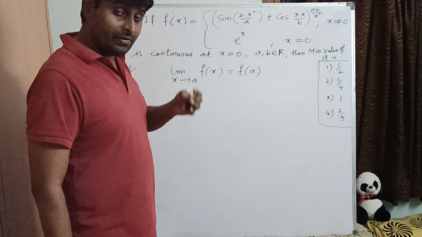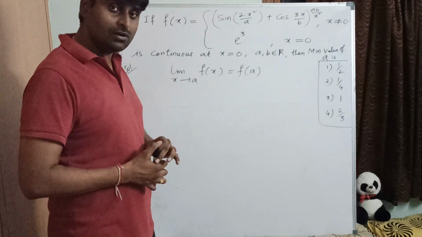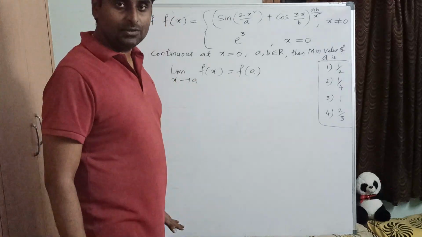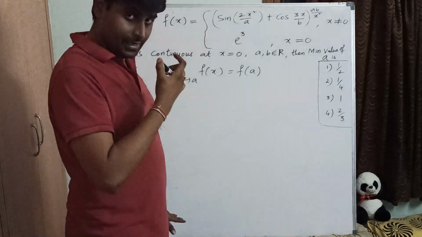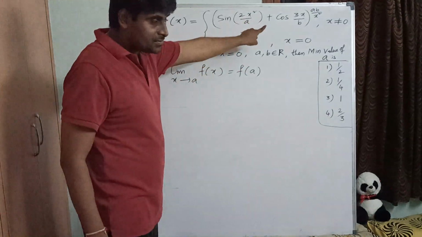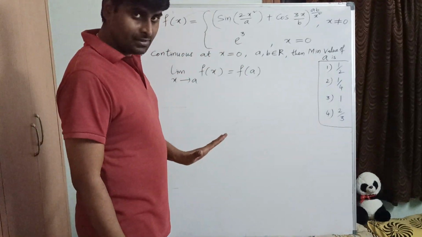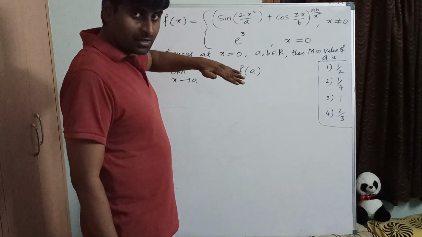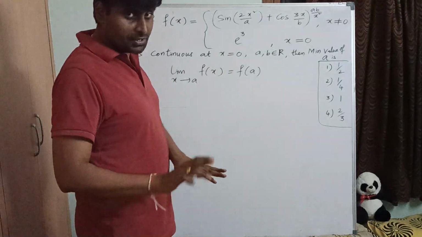Whenever a function is given as continuous at x equal to some value, then what is the condition, as we learnt already in 11th class? Limiting value equal to functional value. So that we have to recall. Correct? Now, what is the functional value? e cube. And what is the limiting value? Let us find it and equate it to e cube. Then we'll get the value of a. It's very simple. Whenever you understand the problem, what was given and what should be found out, in a proper manner, the solution will be easy. 75% of the problem will be finished. Clear?